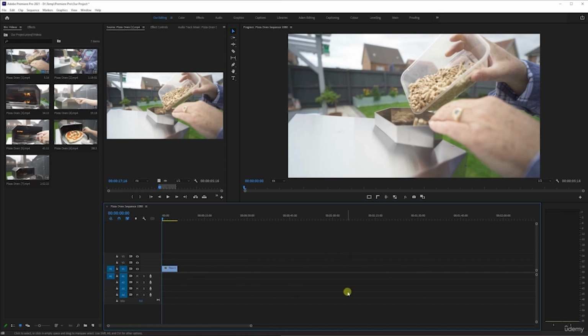We have the width, we have the height of the video tracks, and we also have the height of the audio tracks. Now you can do that with these handles. You see how this handle is here and this handle is here? Where have we seen that before? Well, we've seen that before in the source monitor when we interpreted the footage. Do you remember that? Well, that's exactly the same representation here,